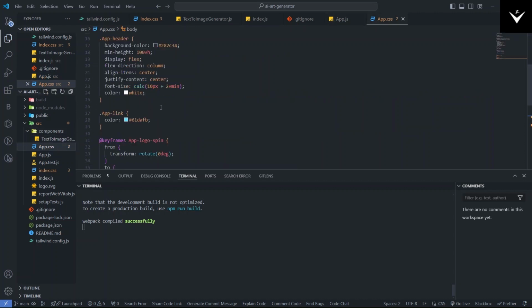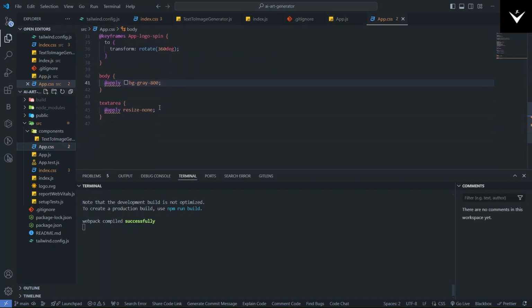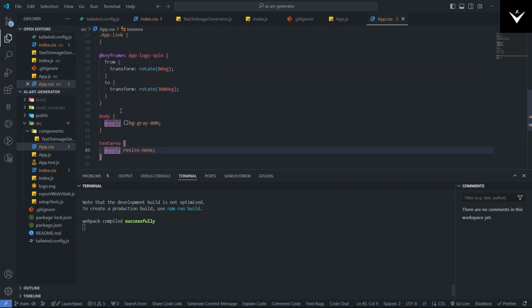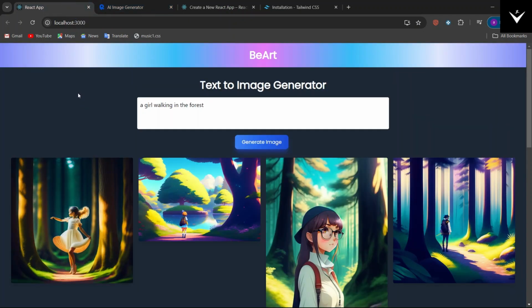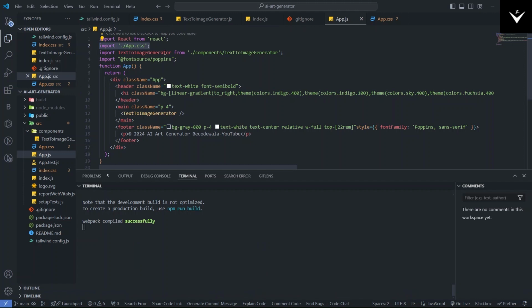You can see that in our app.css we have a body color and the text area. To use this we have imported it in our app.js file. You can see that we have a background color behind. For that we have written the CSS in app.css, and then to use that CSS we have imported it in